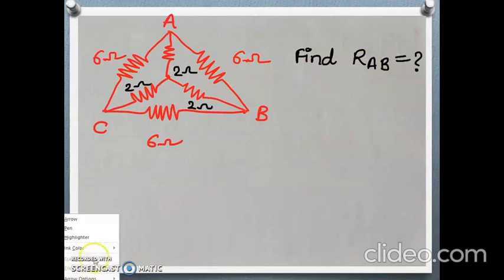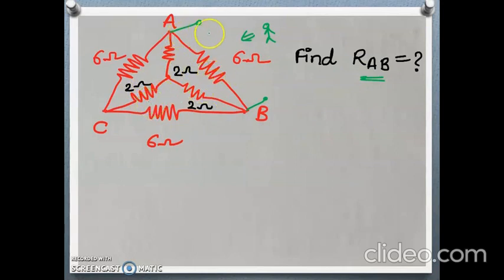That means this will be the A point and this will be the B point. If you stand here and see between the points A and B, what will be the value of RAB, we have to find out here. In the previous session, we already discussed how to convert the given delta to its equivalent star, or given star to its equivalent delta. So, for reducing the circuit to a single resistor RAB, we have to first convert this inner star to its equivalent delta. We will draw that with dotted line.